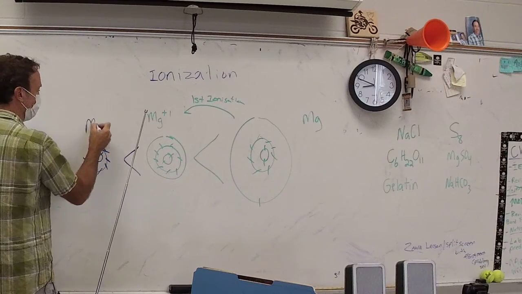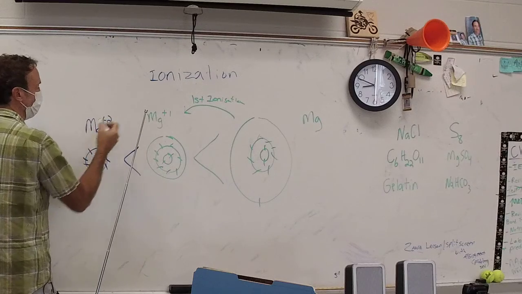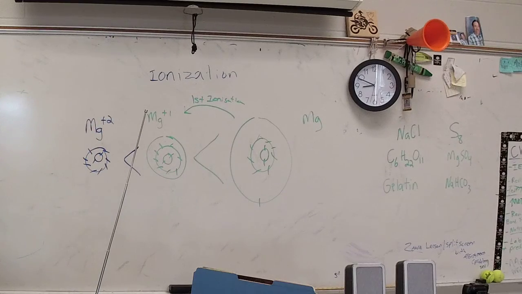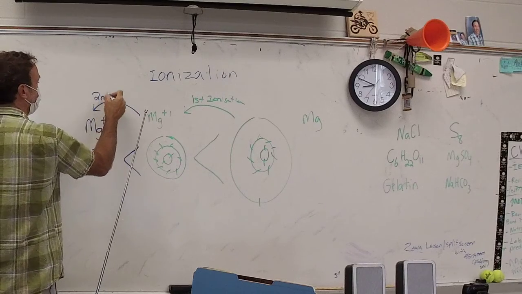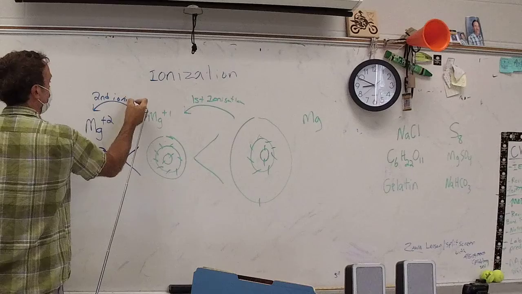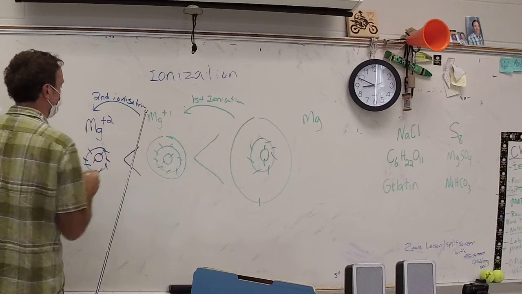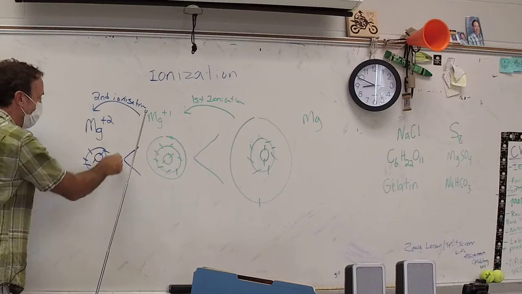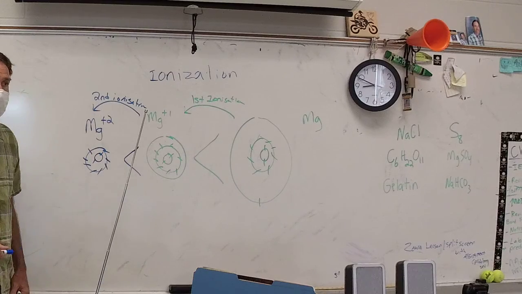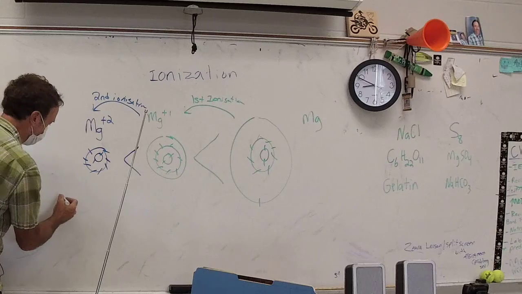And you would have magnesium plus 2 because now 2 electrons are missing. This would be the second ionization. And the second ionization would result in a huge change in size because we've lost this entire ring. So magnesium plus 2,